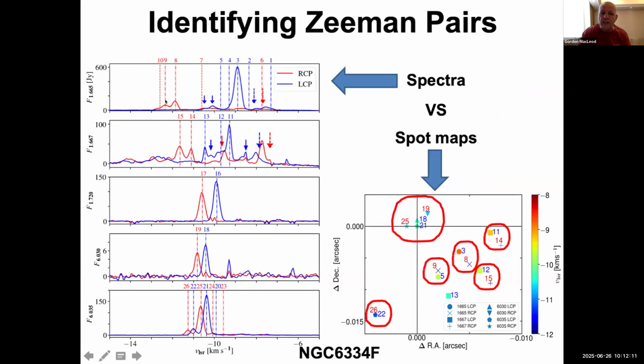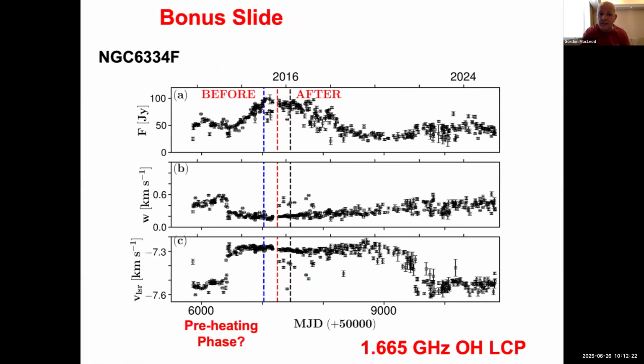I monitor both R and LCP, and from that, I can determine that these are a Zeeman pair. So yes, absolutely. It's just that it's so maser rich, and the flaring confused things. And it's worse than that, because we have a 30 arc minute beam at Hartrail